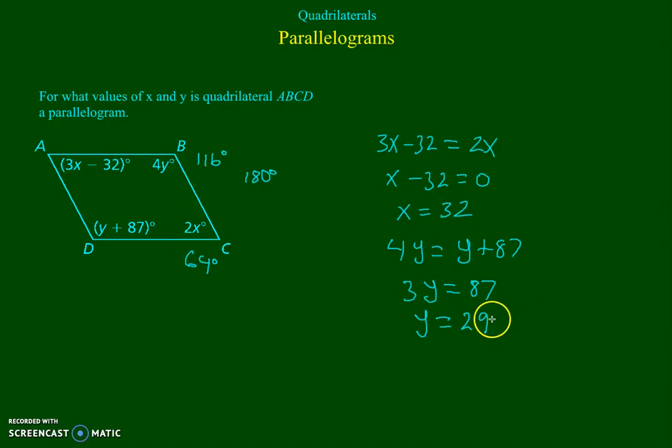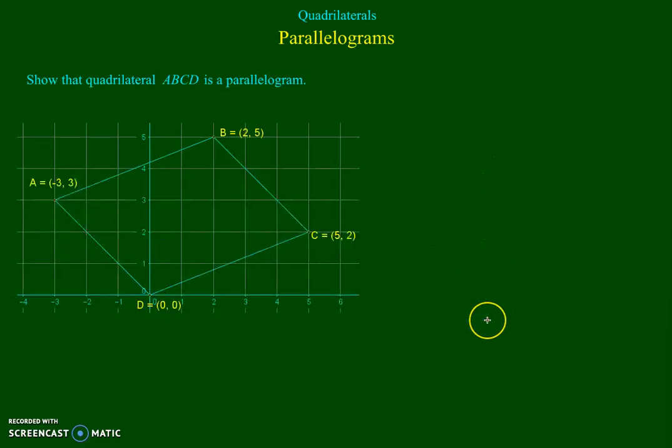And let's do one more example here. In this example, we want to show that this quadrilateral is a parallelogram. Now the easiest way to do this is to use slope. Go right to the heart of the issue and show that this side is parallel to this side and this side is parallel to this side. Let's begin. The slope of AD